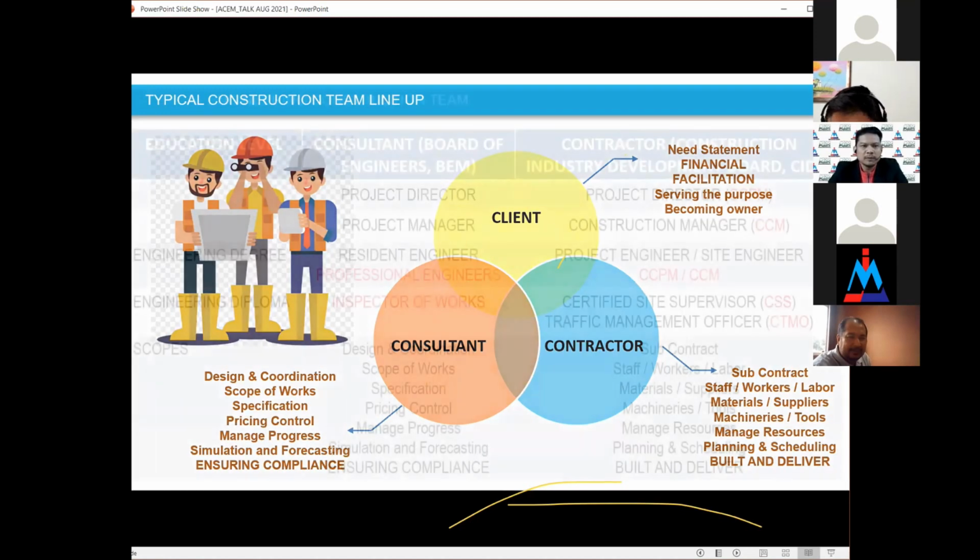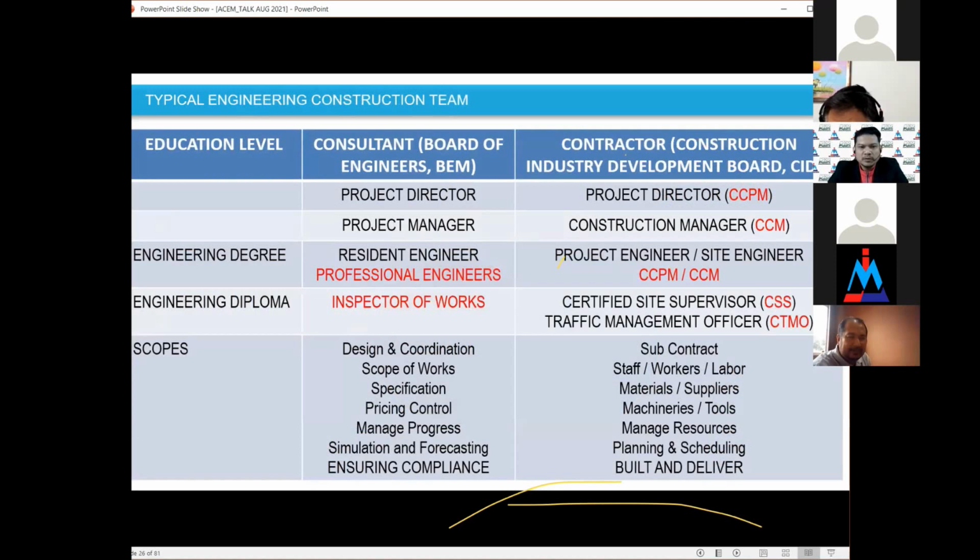And if you put that into a matrix like this, we have the scope over here, which I mentioned before, for the consultant, which is under the purview of the Board of Engineers Malaysia, or for architects the Board of Architects Malaysia, or for QS the Board of QS Malaysia. I just take engineers as an example in this case. The contractor also has their own board here, which is the CIDB, the Construction Industry Development Board Malaysia.